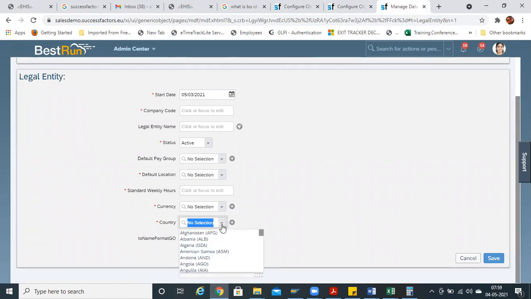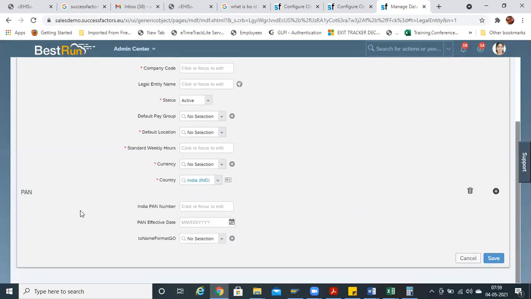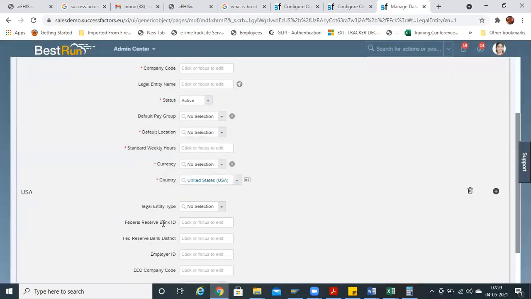Now I'm selecting India. Got it? I've just selected India. It is showing India PAN number, PAN effective date, and the India related fields. If I select USA, it will be showing USA screens.